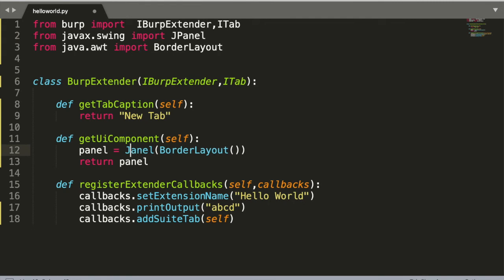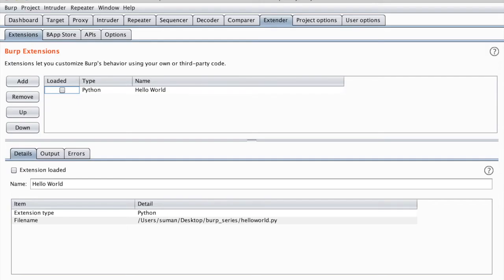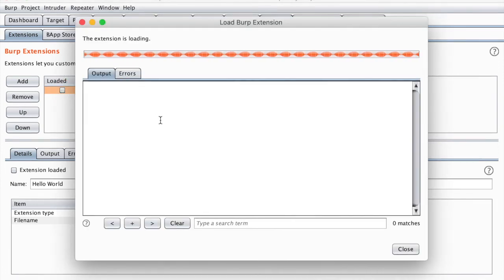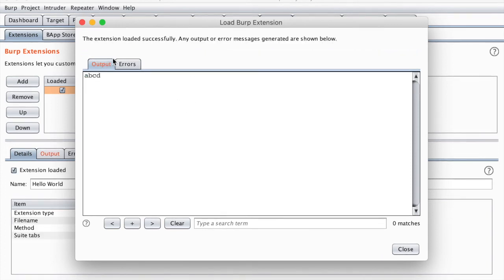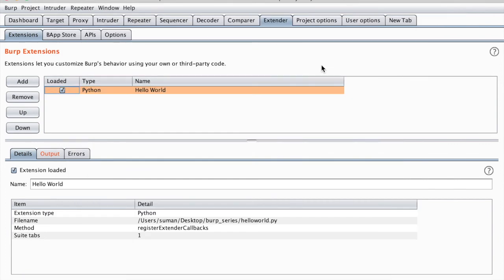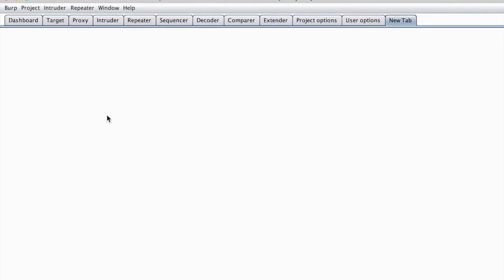The P should be in capital format. Again, I'm reloading this extension. And you can see that we have our new tab, right? It's not doing anything, but we are having our new tab.